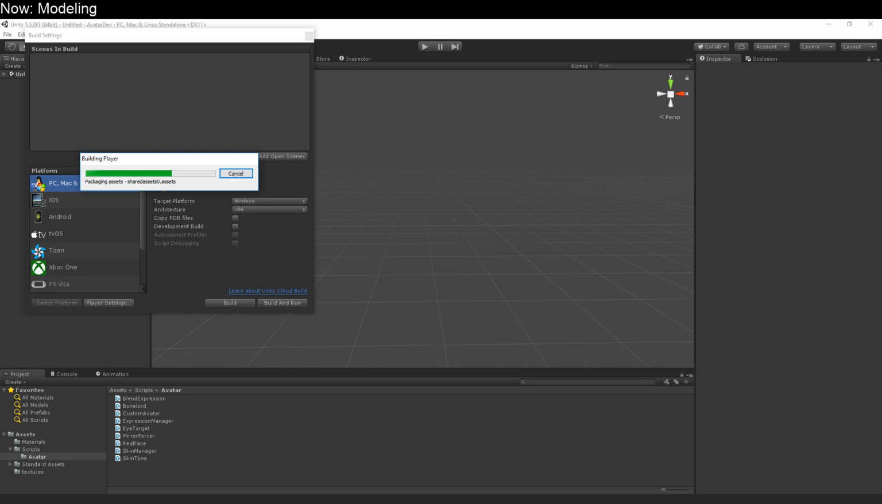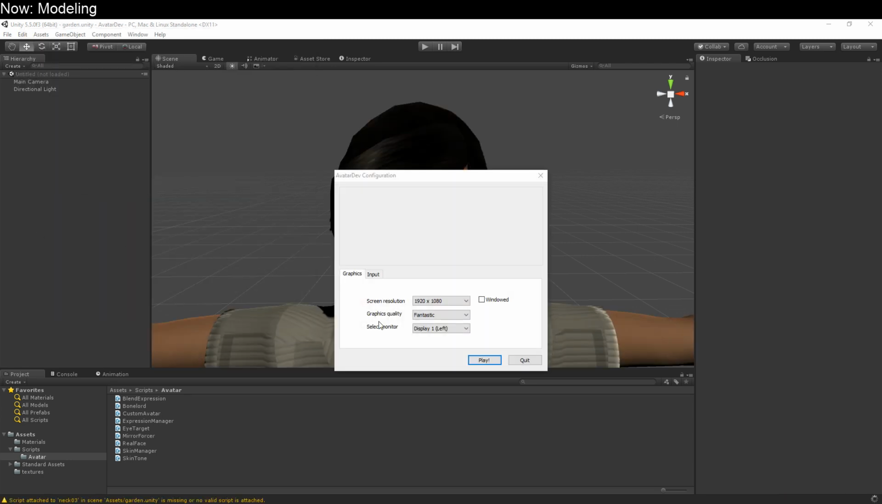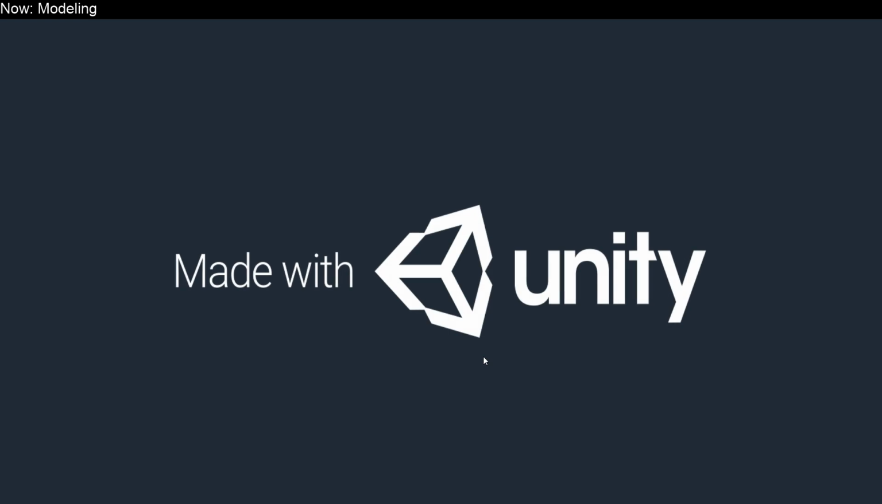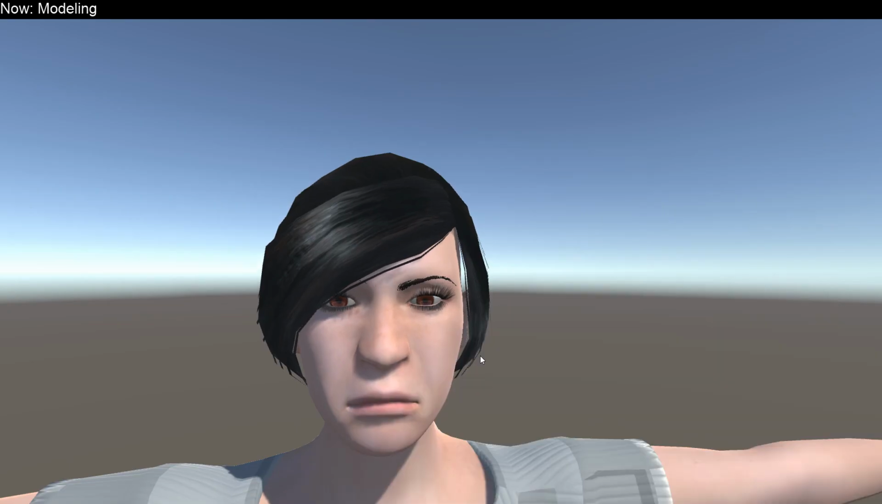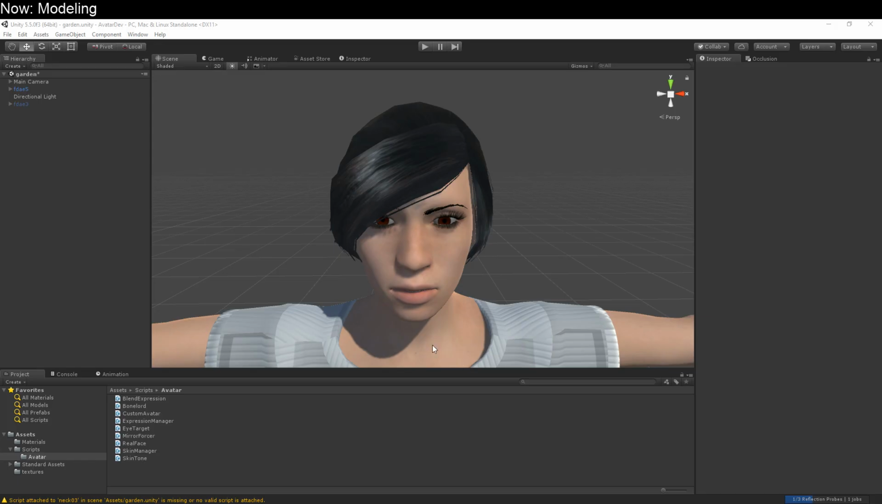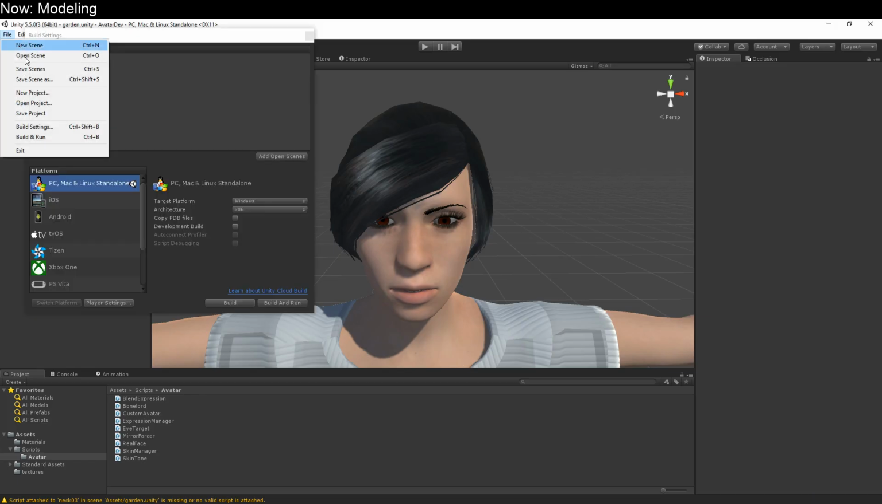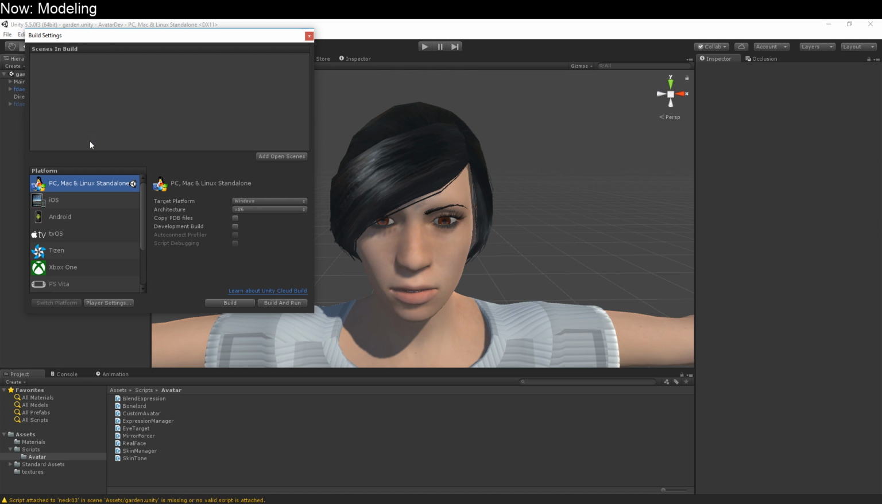I don't know why it's taken so long to package the assets. That is a hell of a long delay. Made with Unity, huh? I keep disabling it, and they keep re-enabling it. Right, it works. So next thing we've got to do is go into the build settings here and player settings